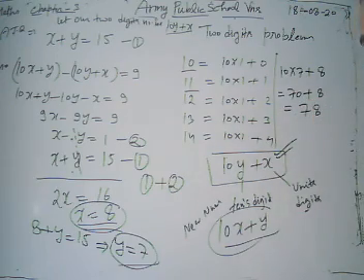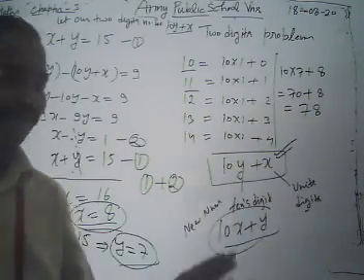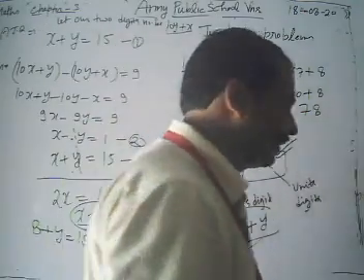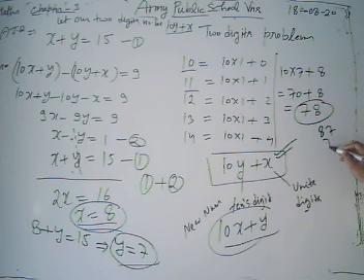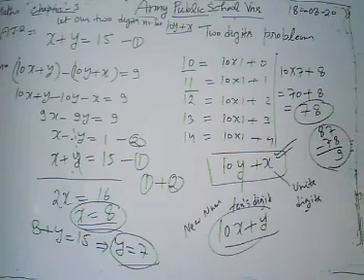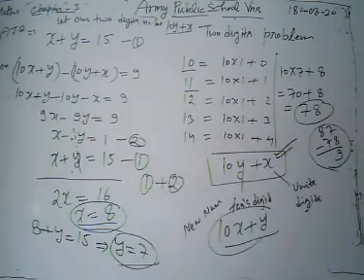Now we can also verify our answer. Now our number is 78. It's given that when we interchange our digits, the number exceeds by 9. When we interchange the digits of 78, we get 87. And the difference of 87 and 78, what is it? 9. It means our answer is correct. We can verify it very easily.